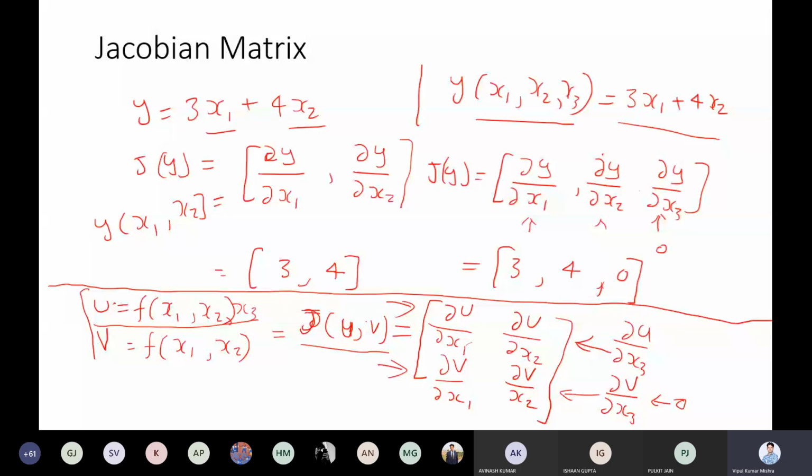This is very simple. Instead of taking partial derivatives one by one, you just make a matrix form of them. Simply a matrix form of that. That is the Jacobian matrix. Then we have the Hessian matrix. So in the Hessian matrix, what we are doing,